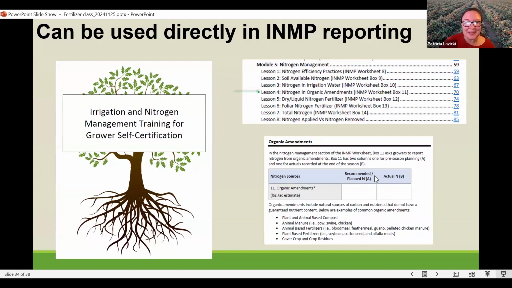Okay, so just wanted to note that the exercises that we just did are exactly what you need to do if you need to be doing INMP reporting. What does it stand for? Integrated Nitrogen Management Plan. Oh, irrigation and nitrogen management. Yes. Anyhow,